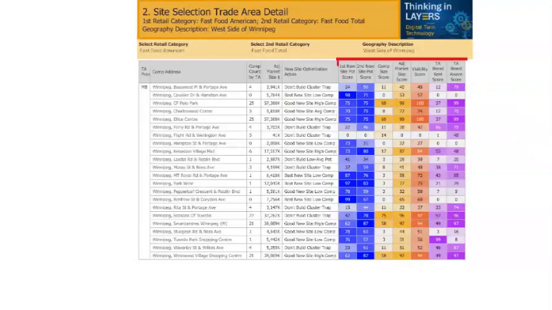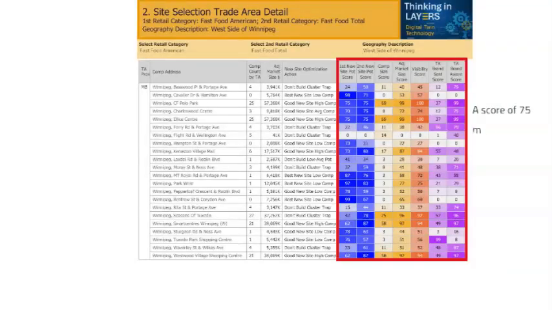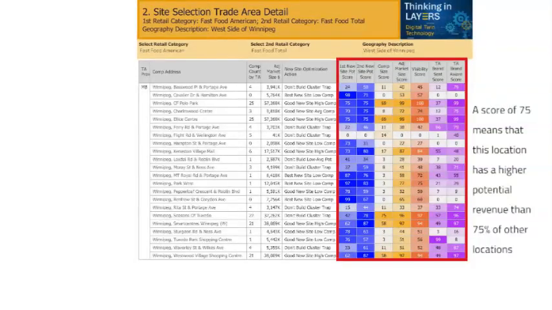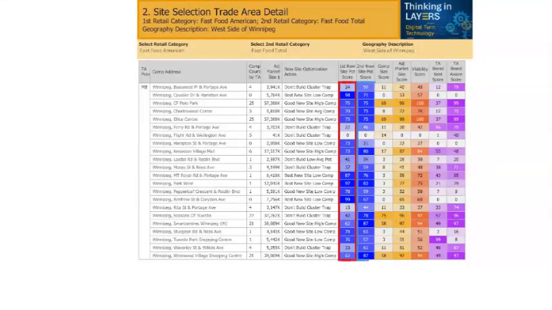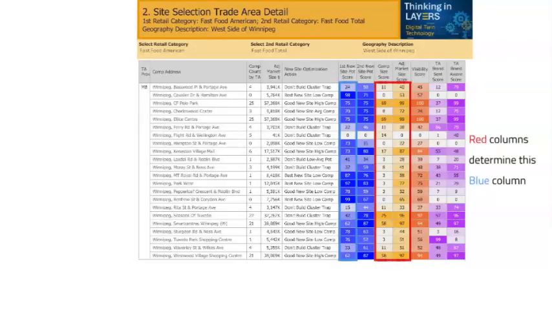The last 7 colored columns are 0 to 100 percentile scores for all analysis variables, each benchmarked against all trade areas in Canada. A score of 75 means the variable is higher than 75% of all trade areas in Canada, and a value of 50 means average. The first two indicate the revenue potential for 2 user-selected retail categories, in this example, American fast food and total fast food. The next two columns are input supply and demand scores that help us understand the first new site